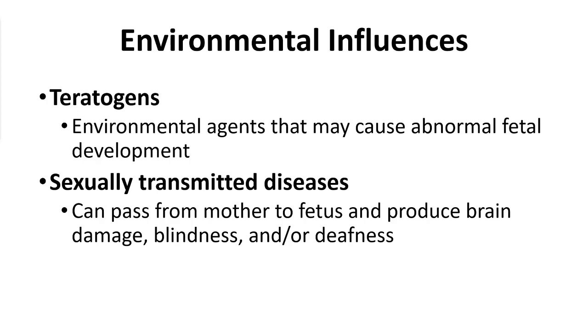Now that we've talked about how things are supposed to go during prenatal development, we're going to talk very briefly about a couple of environmental influences that can change or even cause problems during that development. So we're going to start talking about teratogens, and these are environmental agents that can cause abnormal fetal development. Basically, something in the environment that can negatively impact the growth and development of that zygote to embryo to fetus